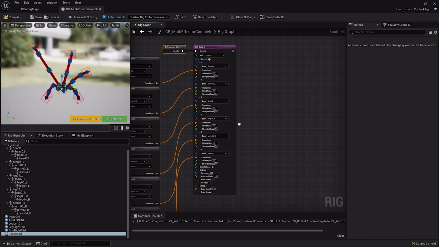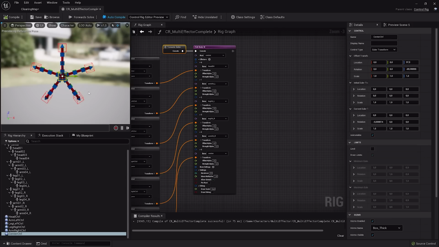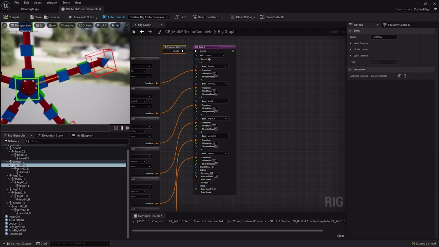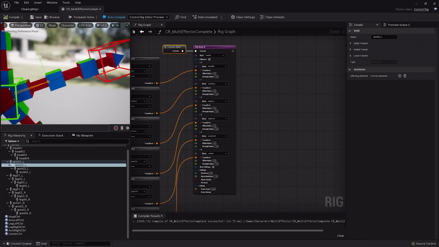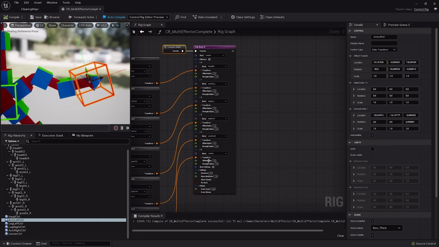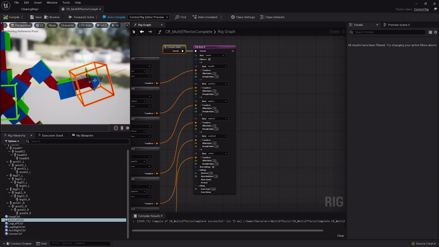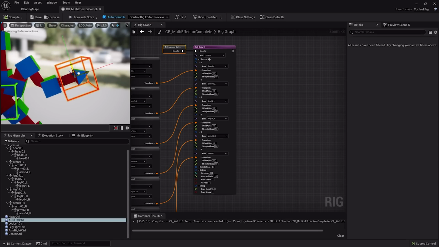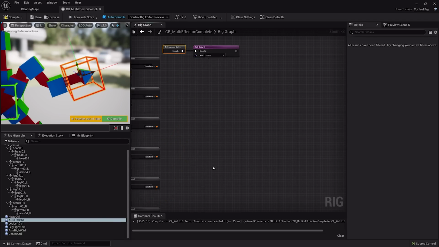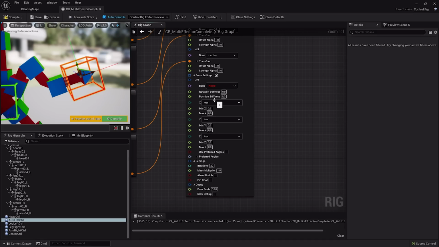And now let's take a look at the bone settings. Let's zoom in on one of the arms. Let's go here and take a look at this bone. When we move this around here, let's disable stretching for a second. You can see the second bone in the chain doesn't really know what to do. Let's fix that. So we add a new bone setting and define which bone we want to influence.